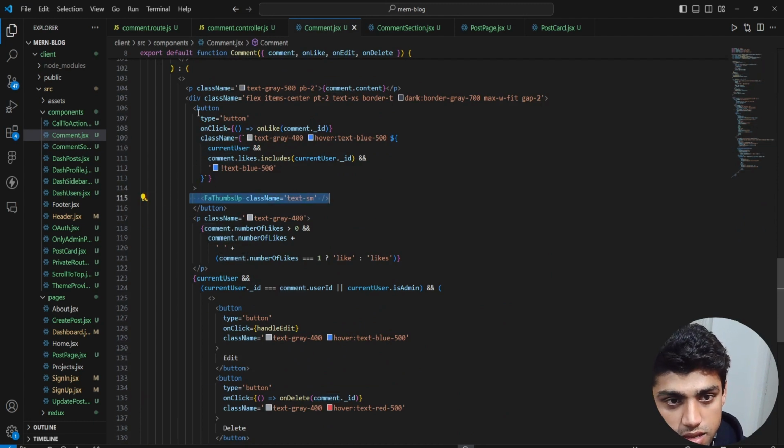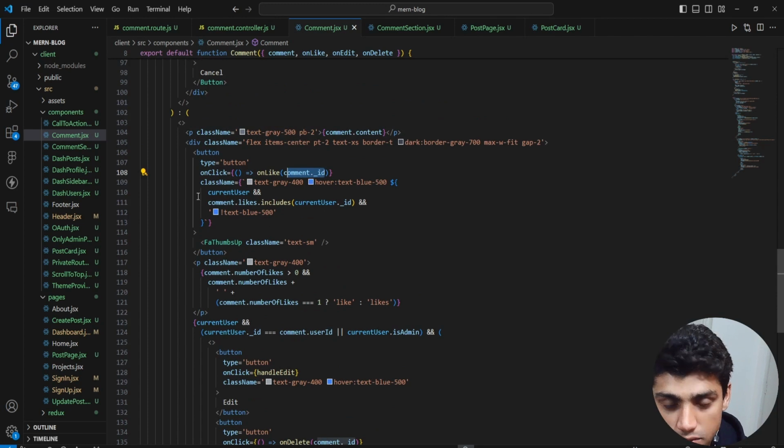So in here we have this button, thumbs up. Okay, but the thing is, it's wrapped around this button, and this has a type button, and it has an onClick comment._id. It gets the ID of the comment, and this is the class name. This is the trick here. So we have a text gray 400, we have a hover text blue 500,